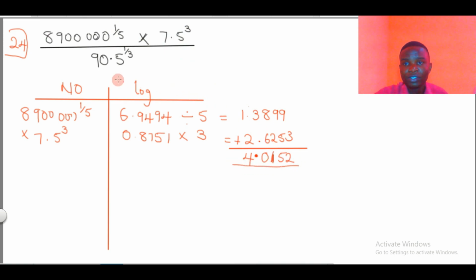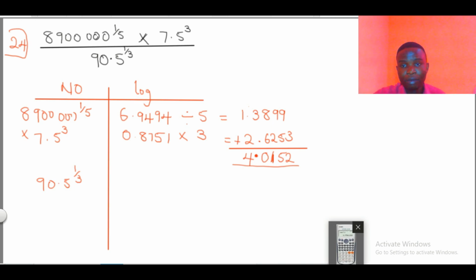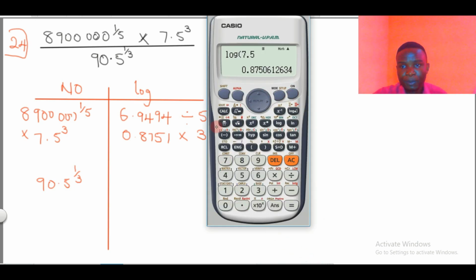So having gotten this, the next thing is to deal with the denominator. And the value I have here is 90.5 raised to the power of 1 all over 3. So I will look for the log value of this number, 90.5 raised to the power of 1 over 3. So I'll bring out my calculator and press log